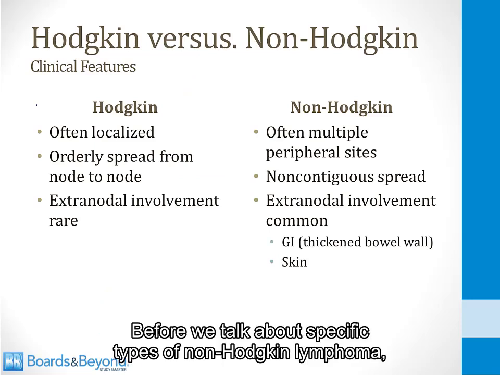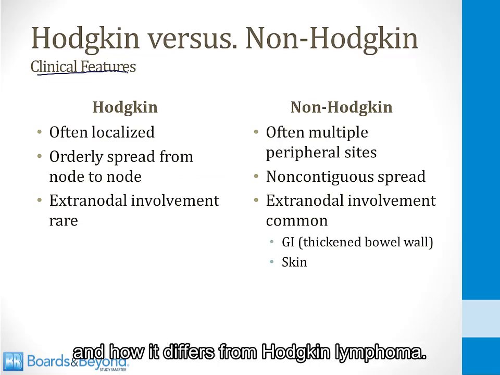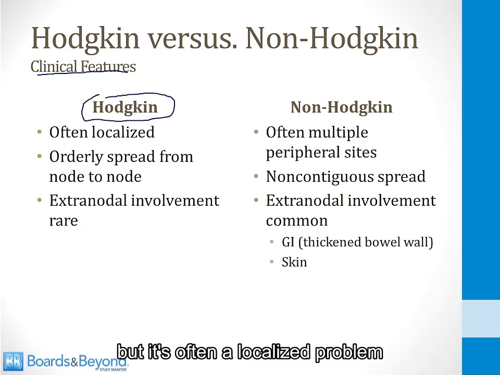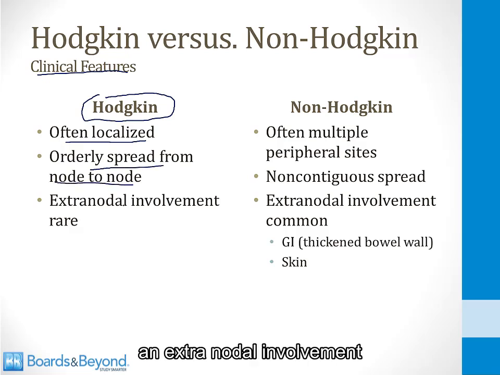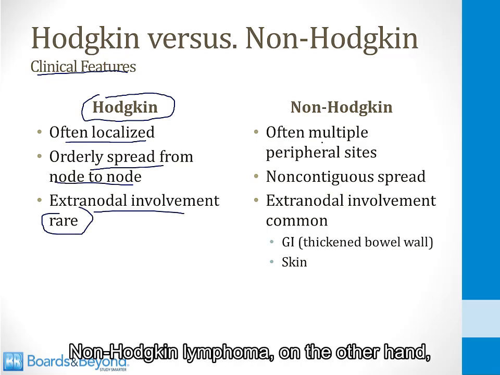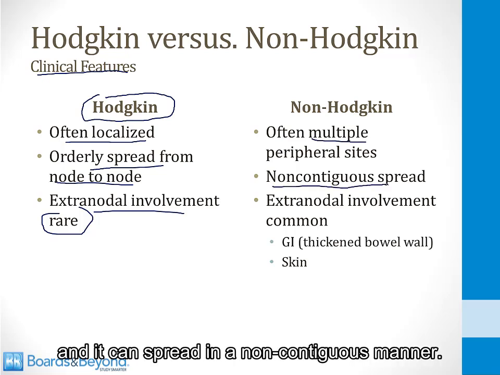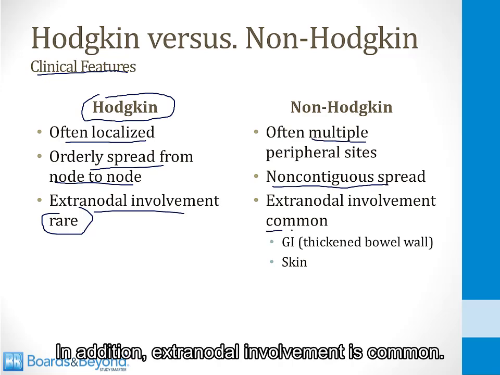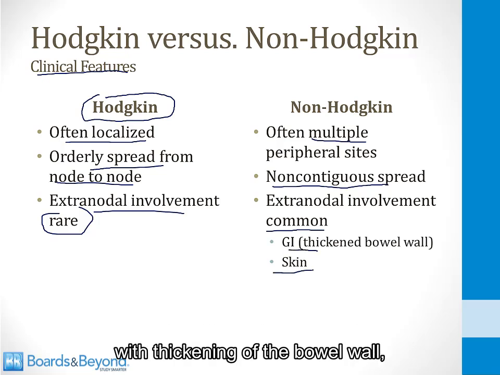Before we talk about specific types of non-Hodgkin lymphoma, let me review some of the clinical features of non-Hodgkin lymphoma and how it differs from Hodgkin lymphoma. In another video, I talk about Hodgkin lymphoma, but it's often a localized problem limited to one set of lymph nodes. It often has an orderly spread from one group of lymph nodes to another, and extranodal involvement outside of the lymph nodes is rare. Non-Hodgkin lymphoma, on the other hand, often involves multiple peripheral sites, and it can spread in a non-contiguous manner. In addition, extranodal involvement is common. For example, non-Hodgkin lymphoma can involve the GI tract with thickening of the bowel wall, or the skin, or many